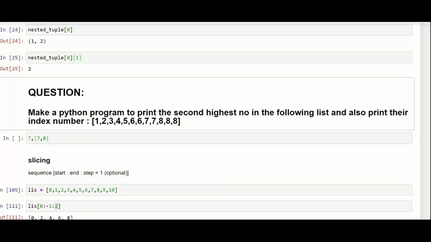Think of that process. The rest of the people, please share your inputs also, like how much you have done. Please let me know your progress.